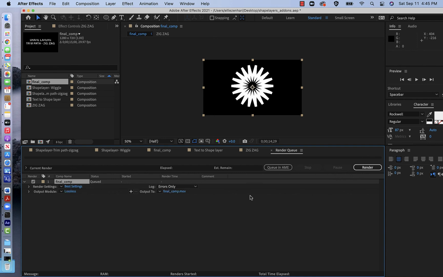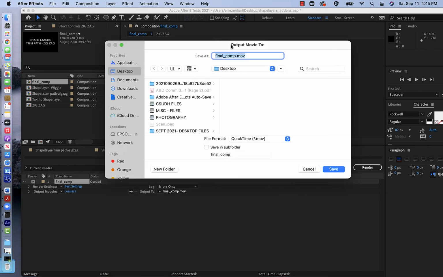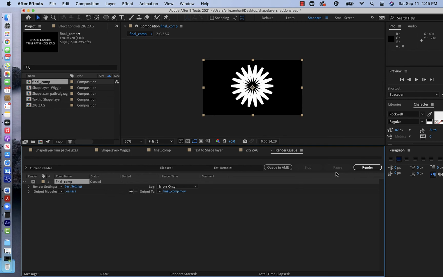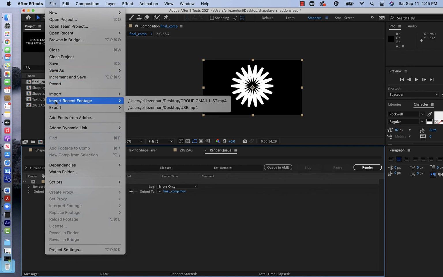You can leave the settings as is. Make sure you save it to the folder that you have your After Effects files in. Or some of you, if you're working on a PC, have been having some issues with the render queue. So what you could do is you can just